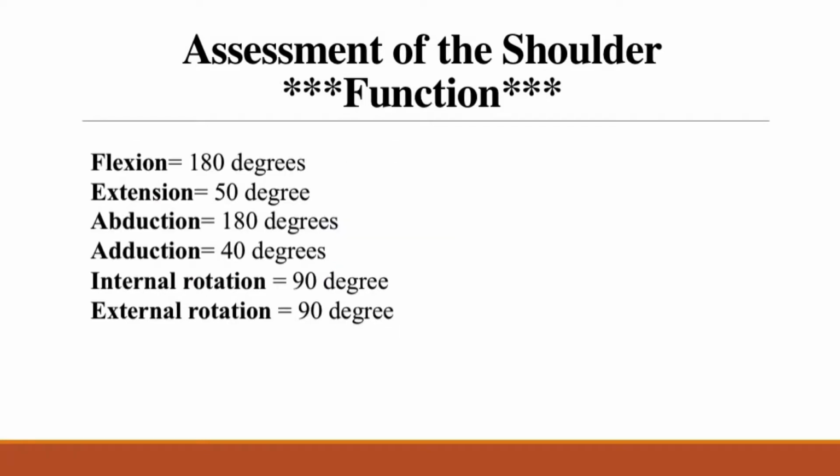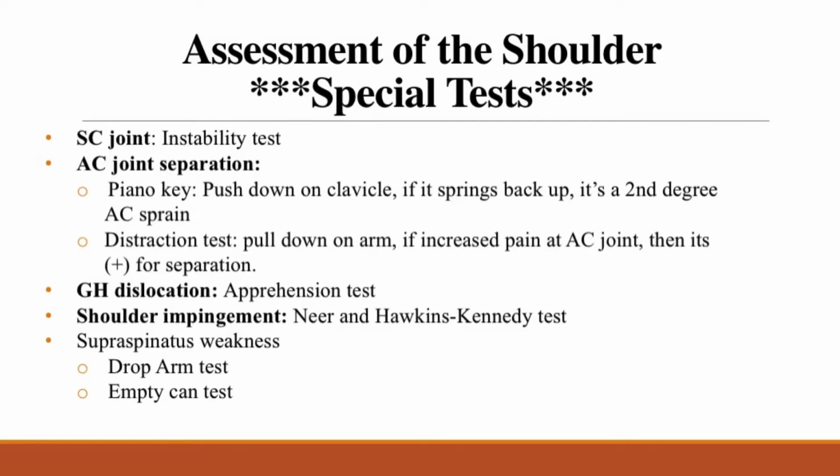Active and passive range of motion is assessed in flexion, extension, abduction, adduction, and internal and external rotation. There are numerous special tests for the shoulder girdle. This section is quite complicated. To simplify, please refer to the special tests listed on the presentation and refer to the corresponding diagram in the